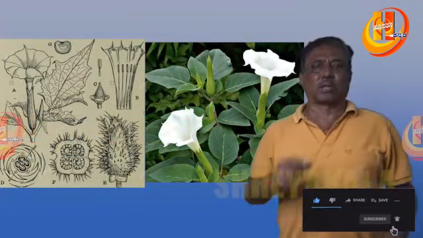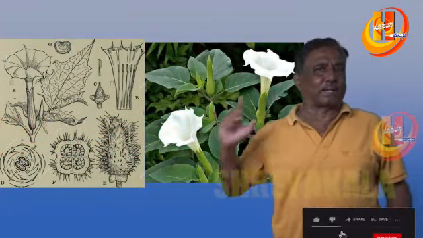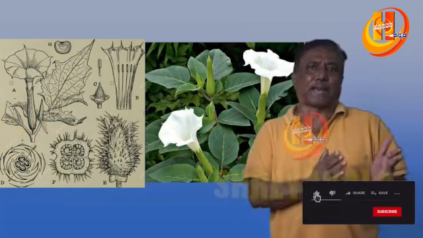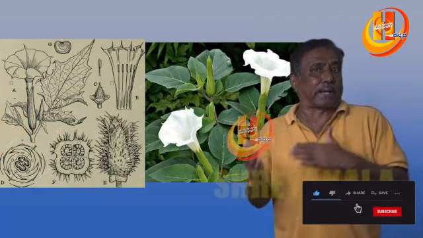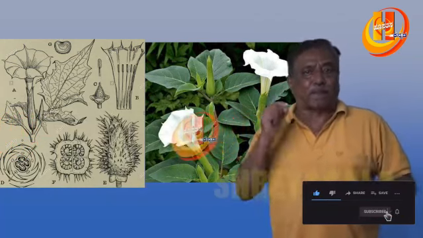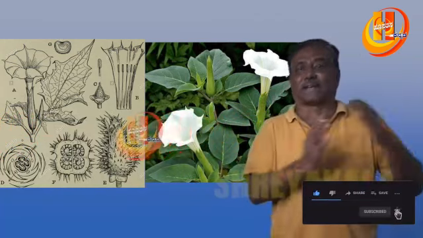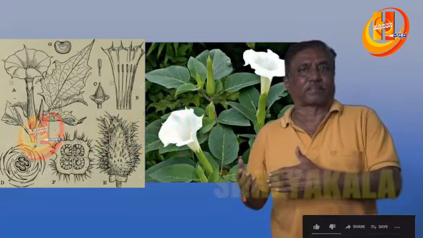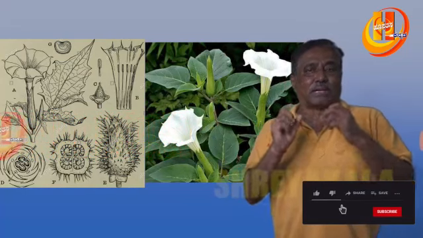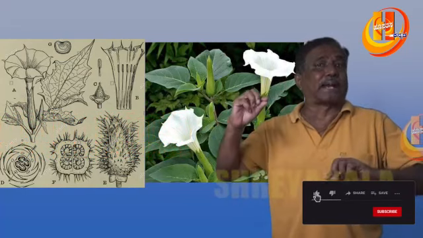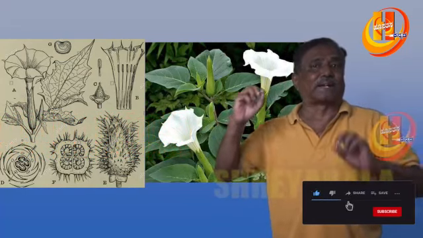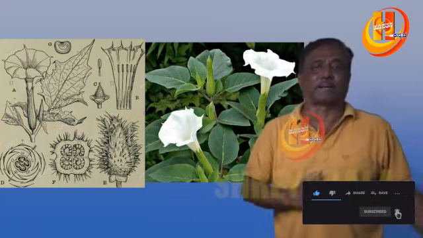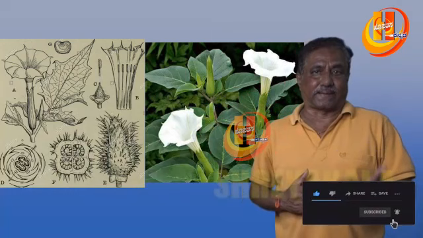So coming to the habitat, it is terrestrial. Habit, herbs, shrubs and trees. For example, Solanum grandiflorum is a tree, and then root taproot system, stem weak and juicy in case of herbs, erect in case of shrubs and trees. So after stem, leaves, simple, alternate, petiolate, exstipulate, ovate, reticulate, entire, acute with unequal leaf base. That is another important characteristic feature of Solanaceae.